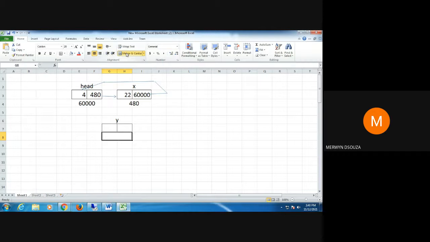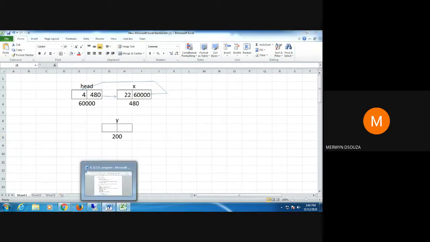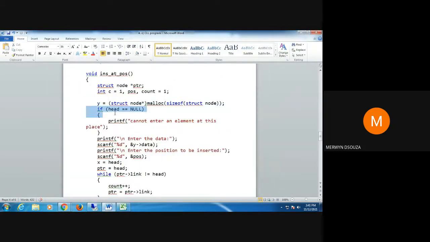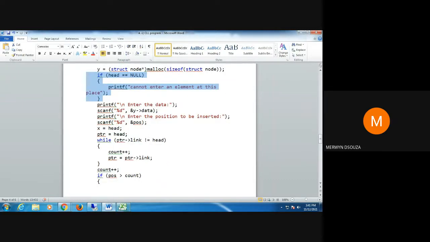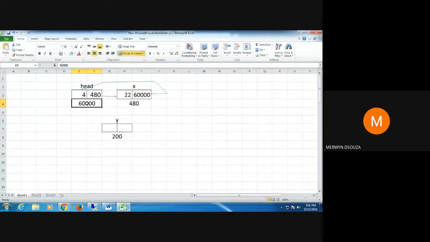Let's say the address is 200. Next, I check if the value of head is equal to null. If the value of head is null, then we cannot do anything because the circular linked list is empty. But it is not null because head value is 60,000.